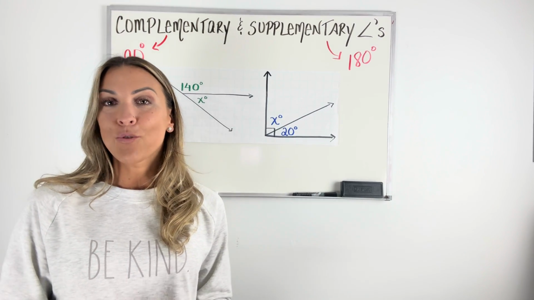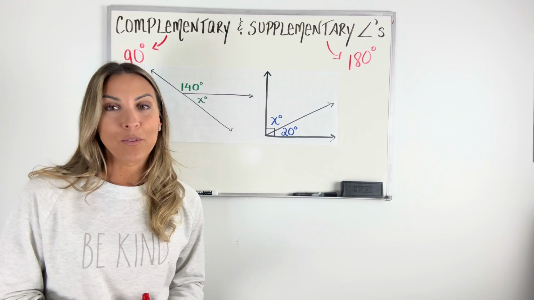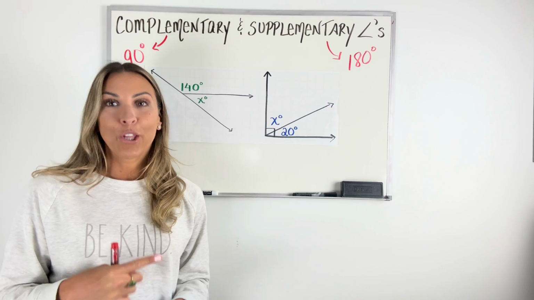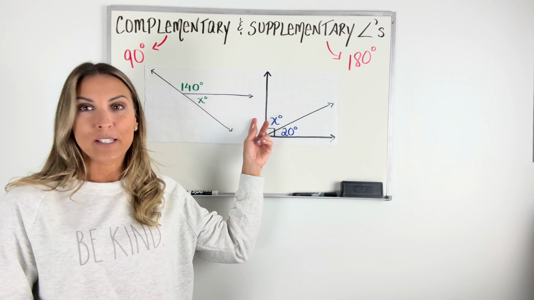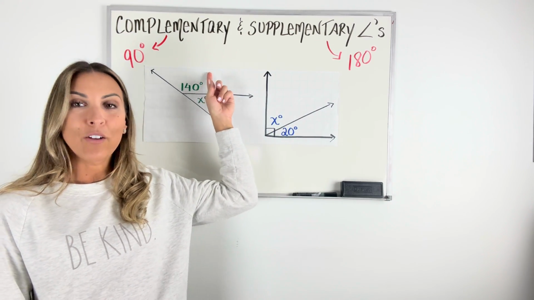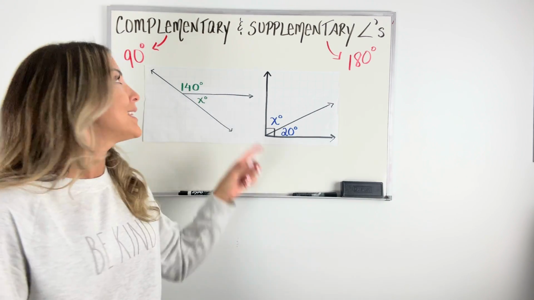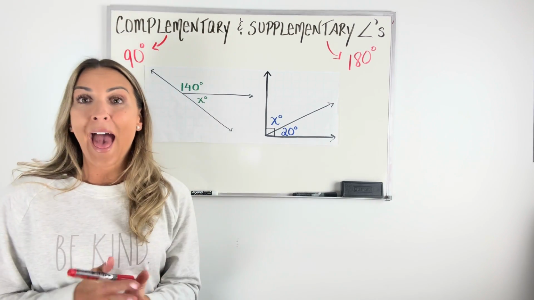This is a basic intro video to complementary and supplementary angles. If you're looking for more complex problems, look for another video I have that gets into this with some variables, all right? So complementary angles are angles whose sum is 90 degrees, meaning they're going to add up to give you